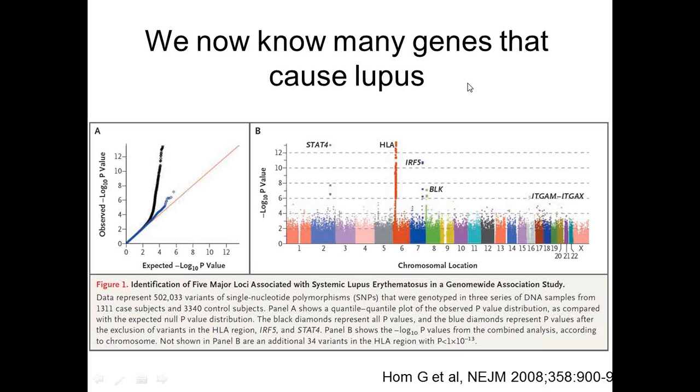And they had hit 6 different genes, and we've had a number of subsequent studies where we've actually got the list up to about 30. And this is all fairly recent. If you go back even to 2004, 2005, we maybe had 1 or 2 genes implicated in lupus. So we've had a large expansion of our knowledge in this regard,